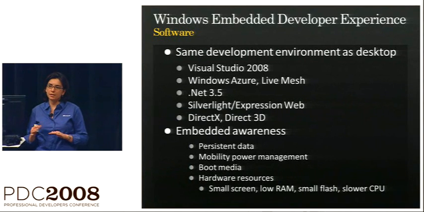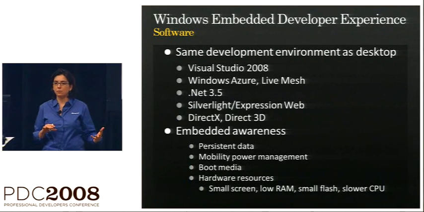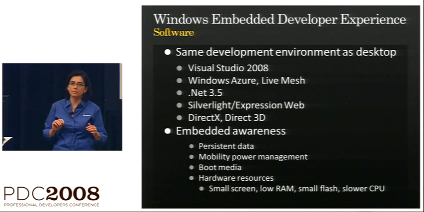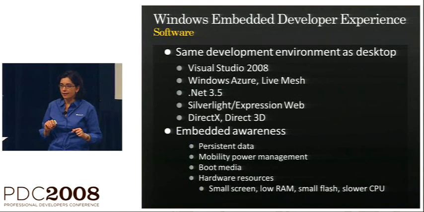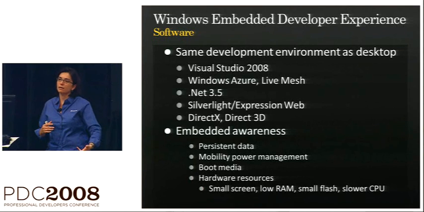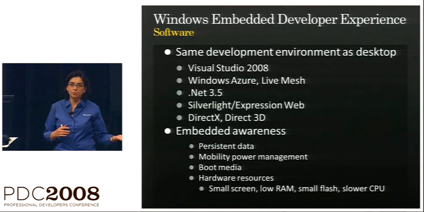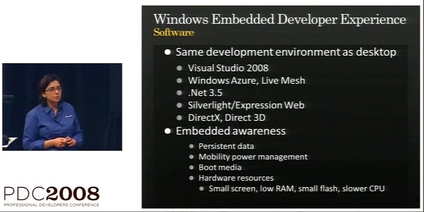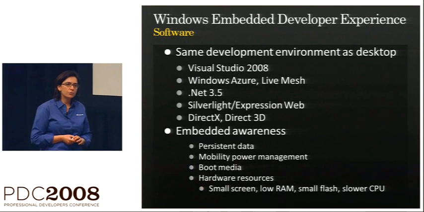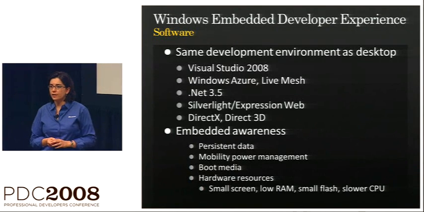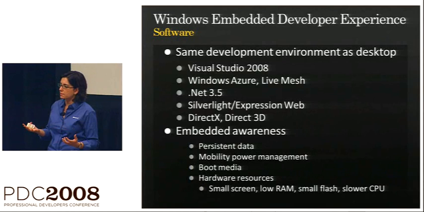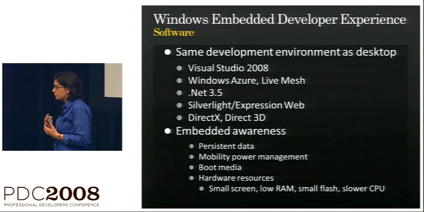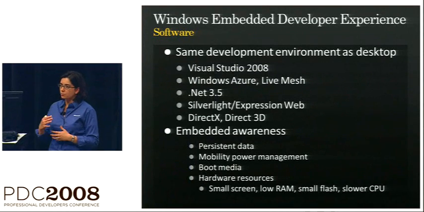So in your application, you need to disable write filters, and I'll talk about that in a few minutes, and then persist your data. Otherwise, across reboots, your data will be lost. And you need to also be conscious of the boot media that's being used on your device. So if you're booting from USB, for example, or you're booting from compact flash,